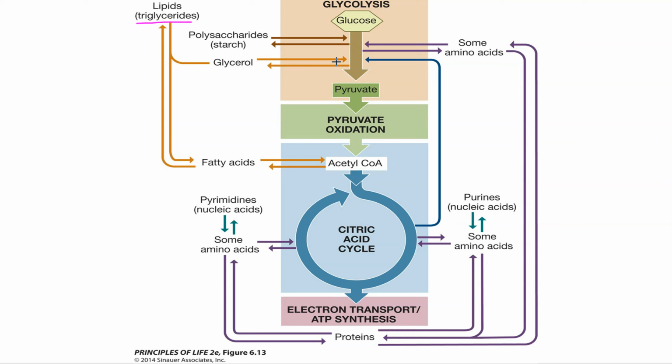So let's take lipids, for example. Lipids are changed into fatty acids, which can go directly into acetyl-CoA, okay? Starch, rice, potatoes, are broken down into glucose. Proteins: some amino acids can go directly into the citric acid cycle. Also nucleic acids, possibly directly into it. Amino acids, purines as well. Some amino acids can go into certain steps in glycolysis. So there are multiple different places where these molecules can go in, okay?